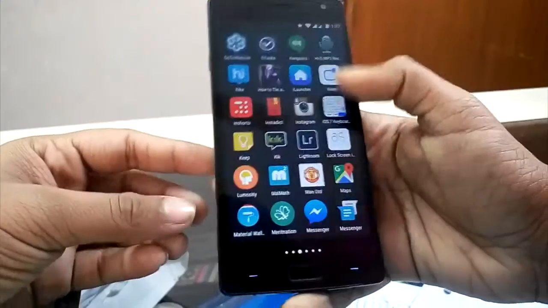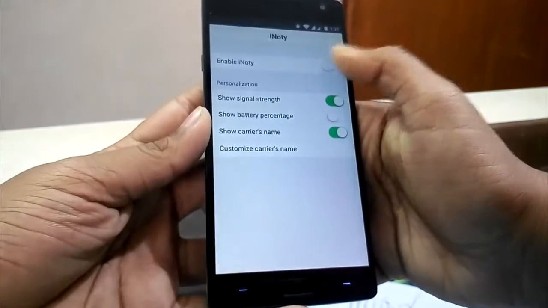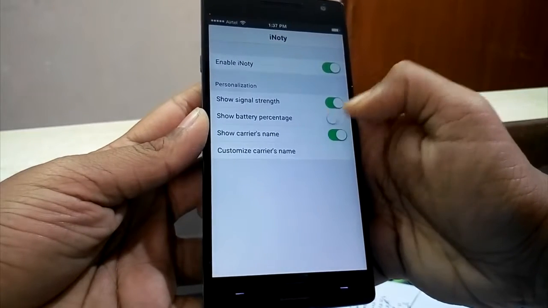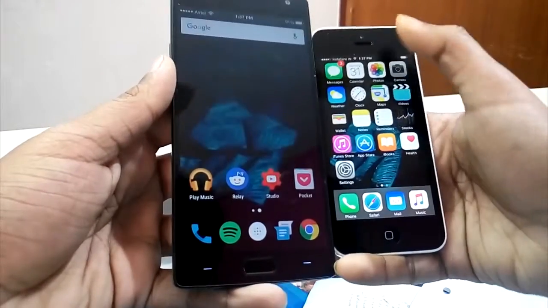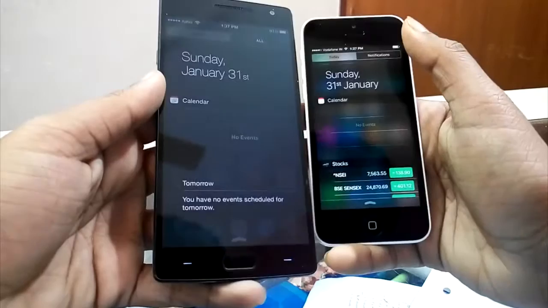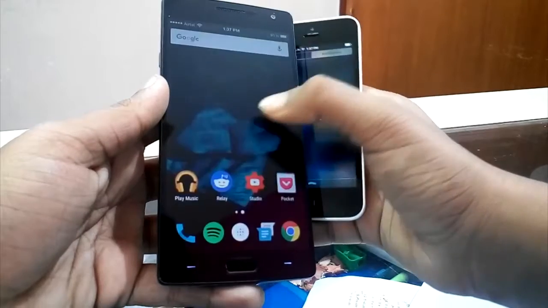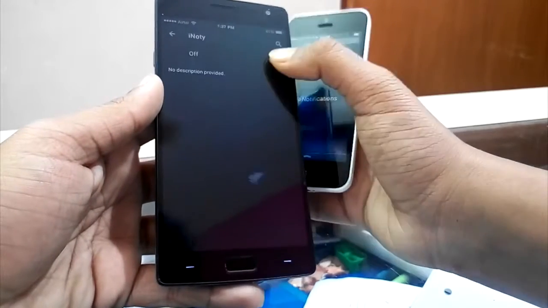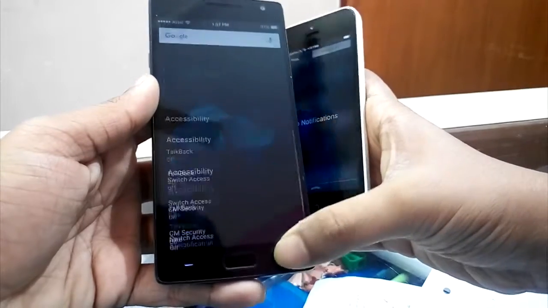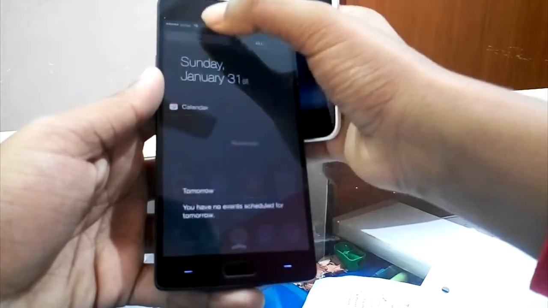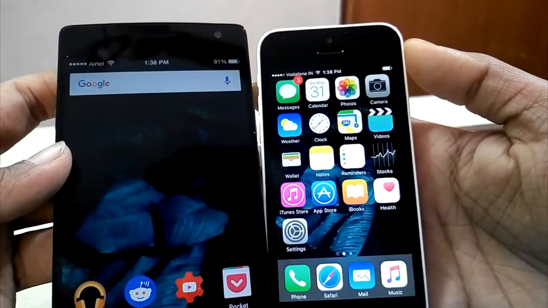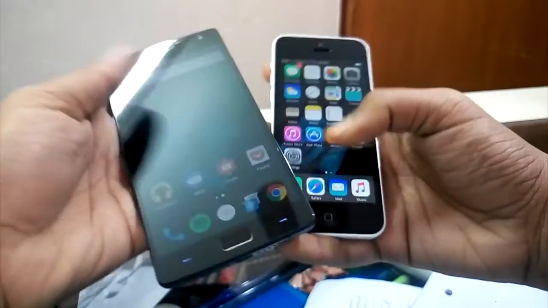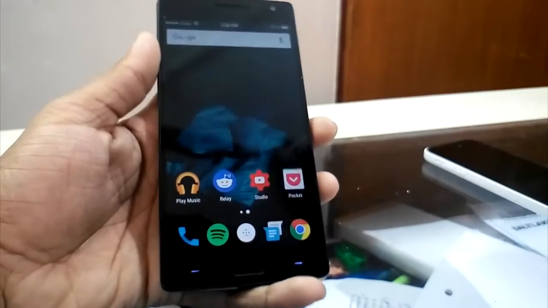After you have downloaded, firstly let's open the app named iNoti. Enable it and other things you want, and you can see the notification bar has changed to that of an iPhone. For comparison, you can see over here it looks very similar, just we don't have the stocks like the iPhone. There should be some difference at least, because it's just a ripoff, not the original iOS. You have to turn this on so that you get the notifications over there. And now it looks quite similar. This is how the notification bar looks. Let's proceed with the video and make the other features look alike.